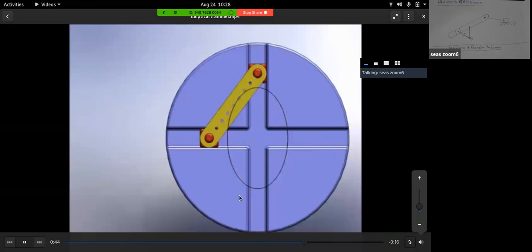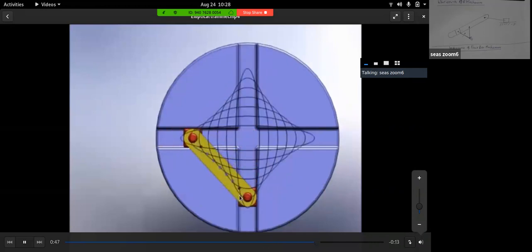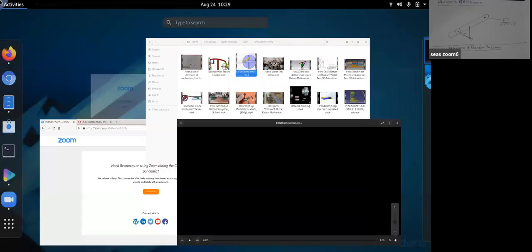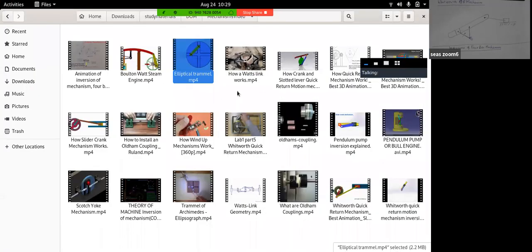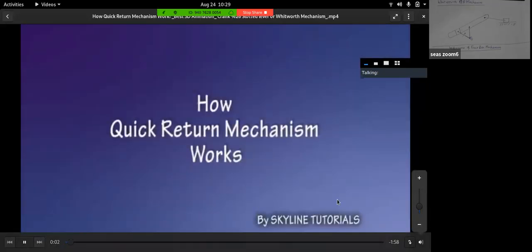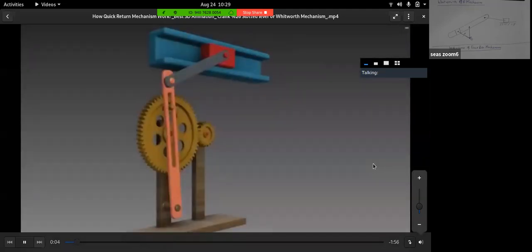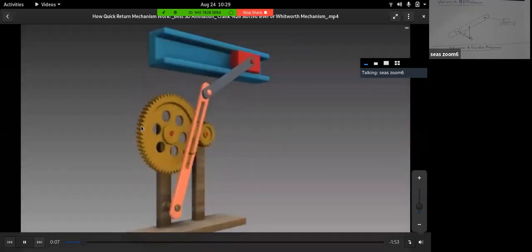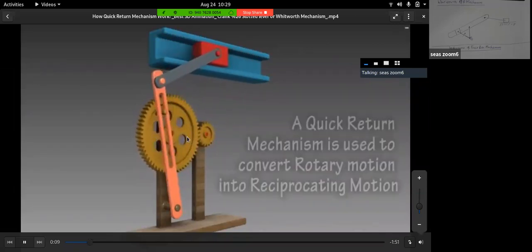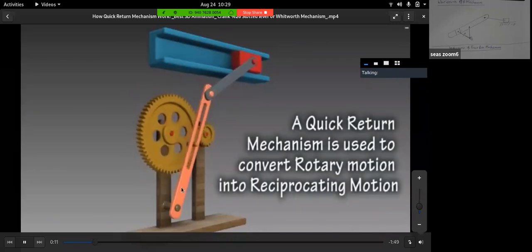So in this way you can draw a perfect ellipse or perfect circle, or you can create an elliptical path or circular path by constraining this motion, you know. There are some more videos. This is crank and slotted lever mechanism we have just earlier discussed, you know. So these are the two distances and this rotates.